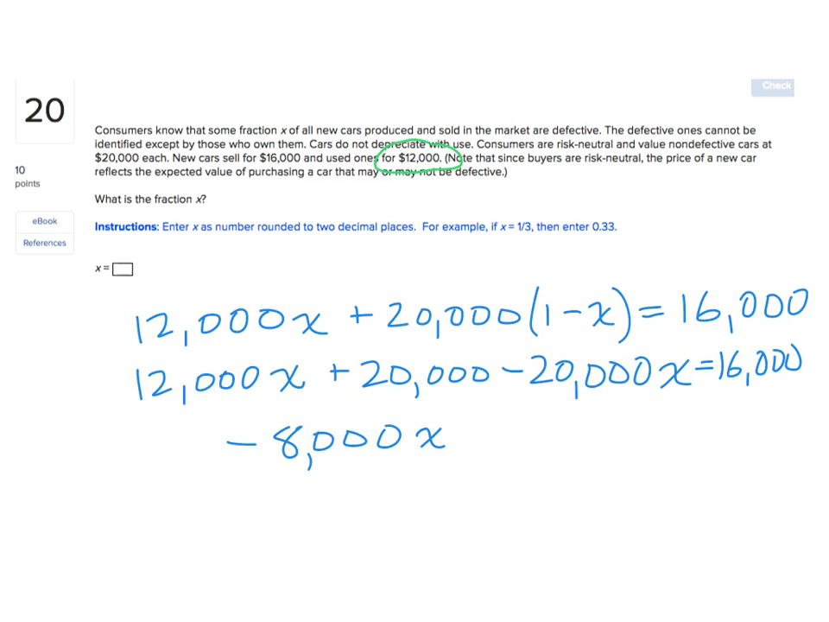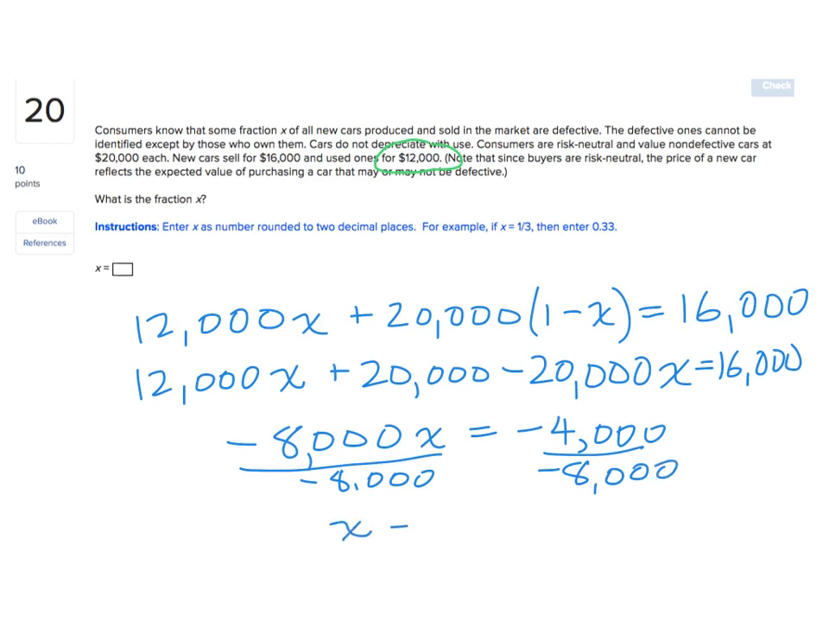Then I'm going to move that 20,000 over to the other side. I'm going to subtract 20,000 from both sides. So I get negative 4,000 on the right-hand side. 16,000 minus 20,000 is negative 4,000. And then I can divide through by negative 8,000 to get X is equal to 4/8, which is equal to 1/2, which is equal to